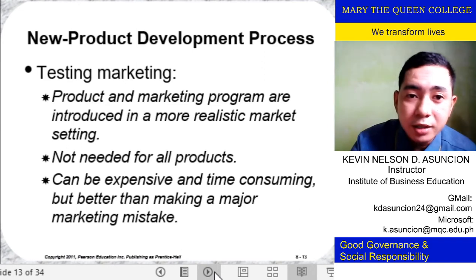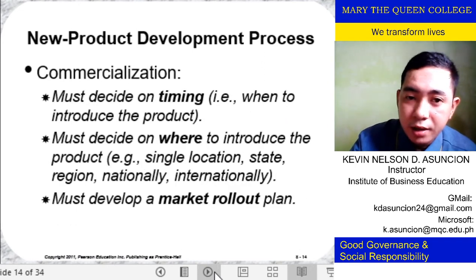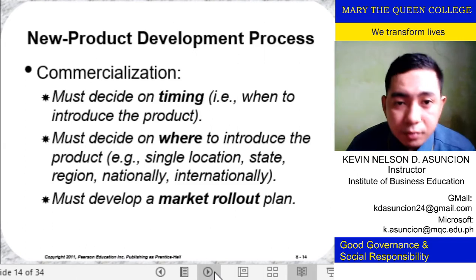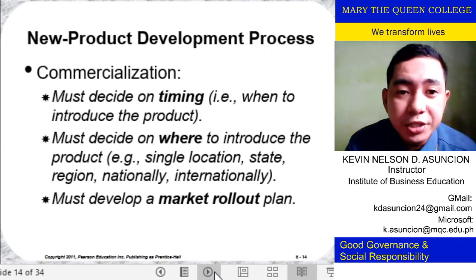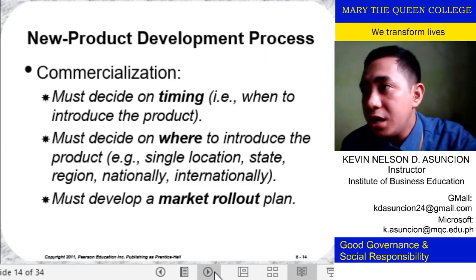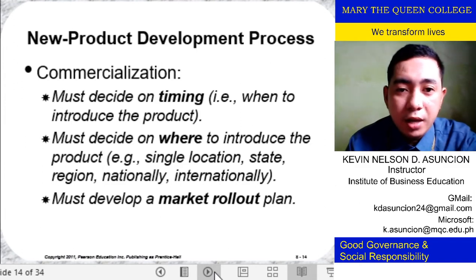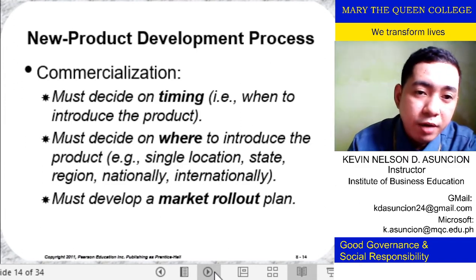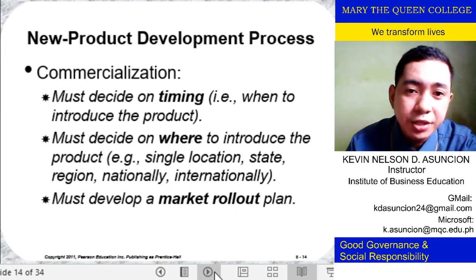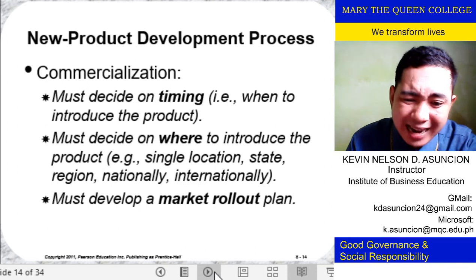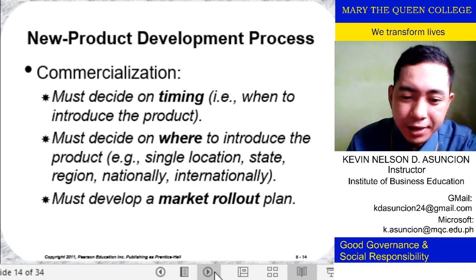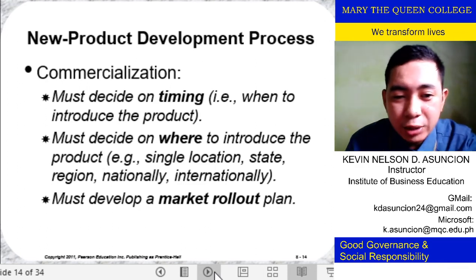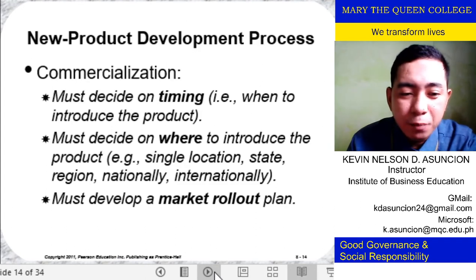That's part of the mistake. And that's it, commercialization is the launching of the product. But one important marketing decision that you make whenever you push with commercialization is the timing. If you remember, why not just release it right away? That's why they try to set a launch date.